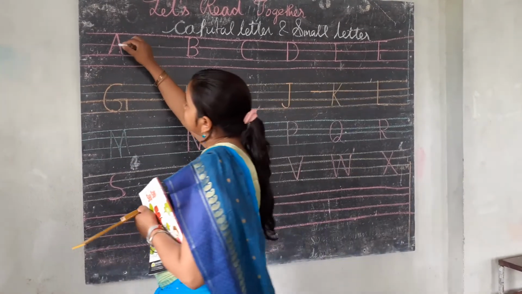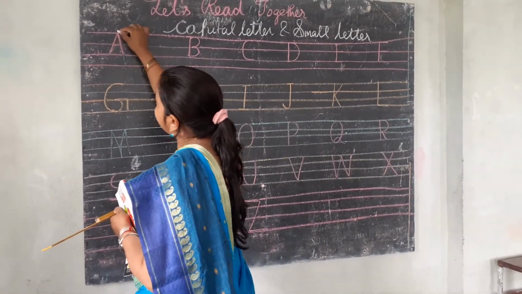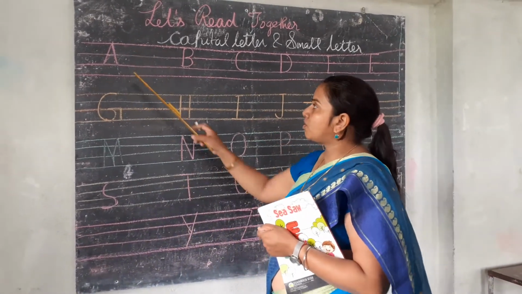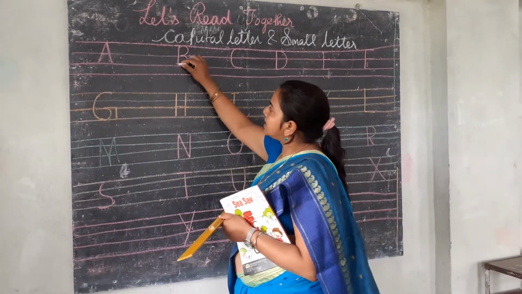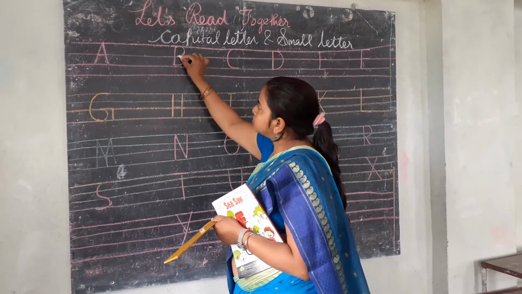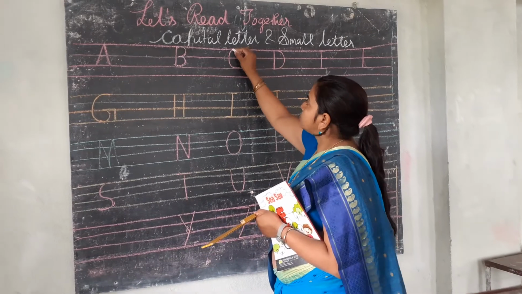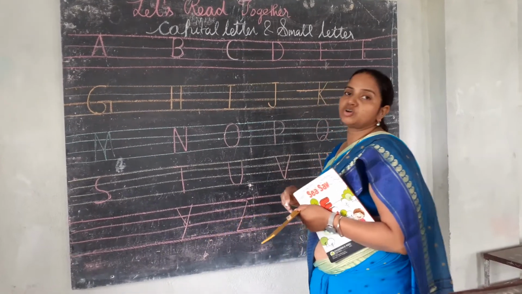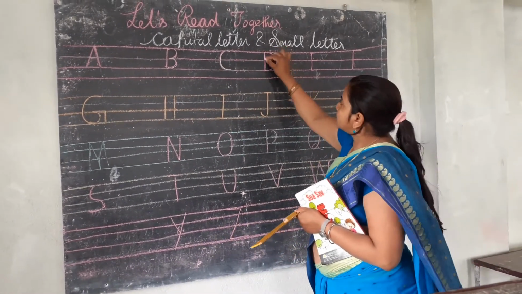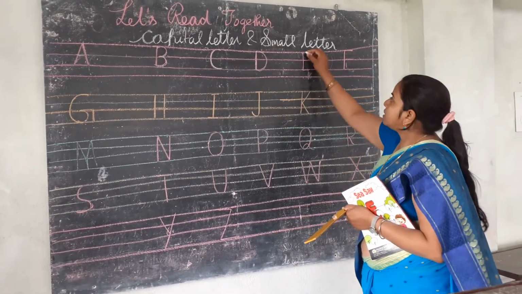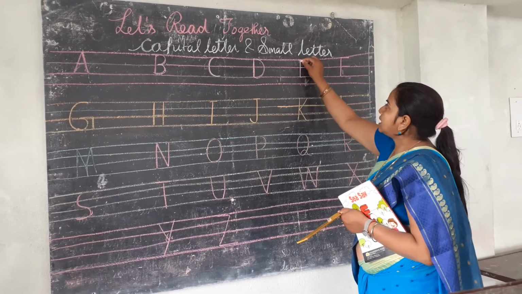We have to take the two slanting lines right up and then drop it down and then cross a sleeping line. In this way we'll form an A, and then a vertical line here, and then you have to take a small curve and you'll make it B. And then you take a small semicircle, that will make your C. And then a straight line and a small curve here, that will make your D. And then we have an E like that.